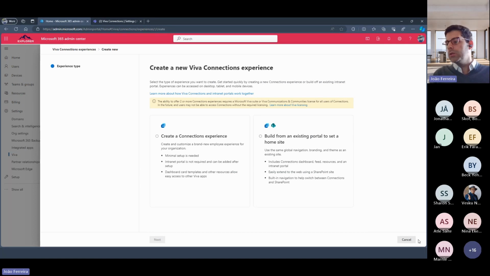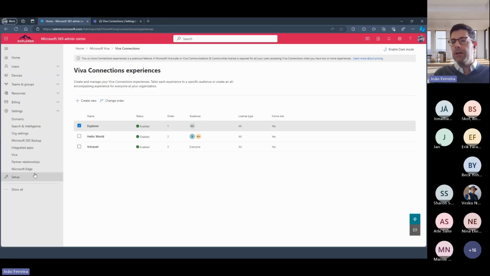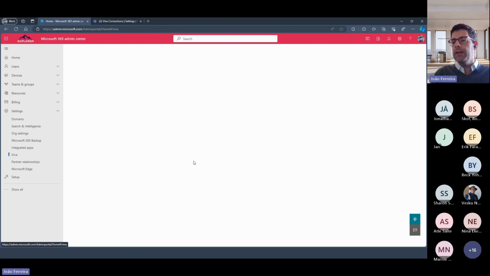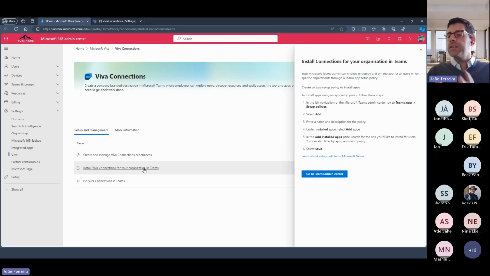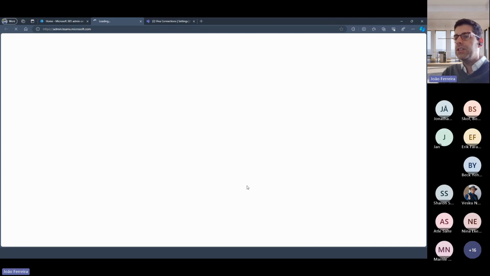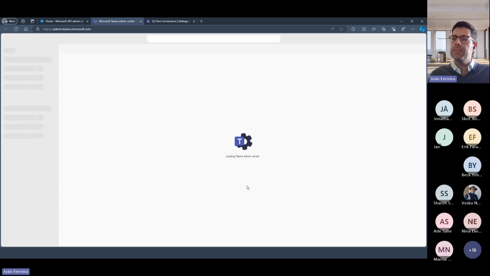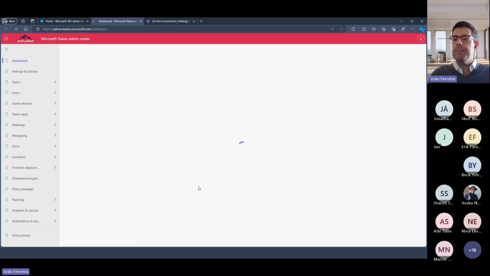And when you go to the Viva configuration in the Admin Center and click into Viva Connections, it has this option to install Viva Connections for your organization in Teams, and this explains how you can install Viva Connections for the organization in Teams. If you click this button, then you will land in the Teams Admin Center, and from here, you will be able to install the